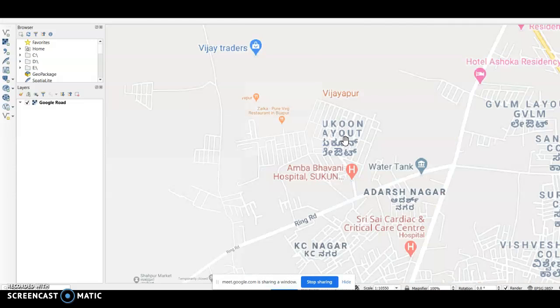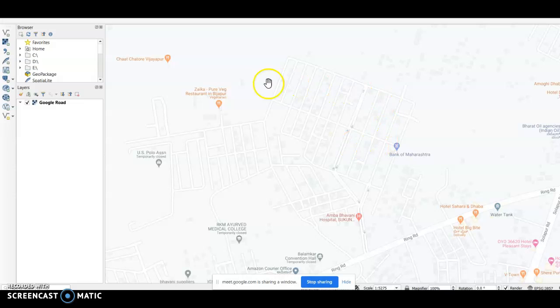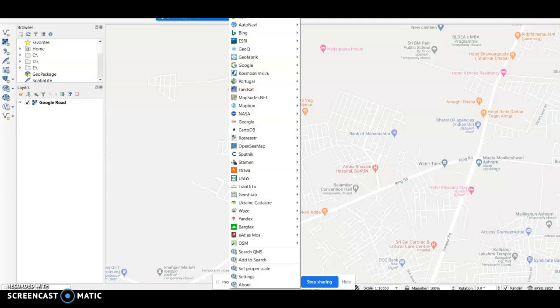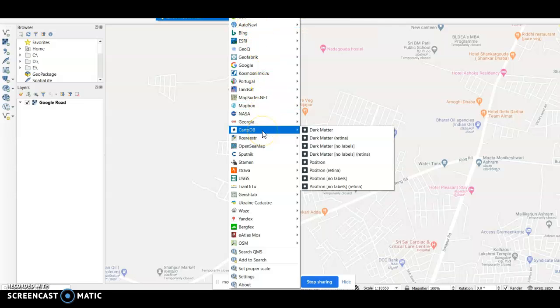Now imagine that I have to plot this. I have to create a map of this. So to create the map I'll use QGIS. Basically, you go to plugins, manage and install plugins. In that you will search Quick Map Services, so you will install that Quick Map Services under Web. In the Web menu you will see that the plugin is called Quick Map Services. In that you can choose any of the maps.